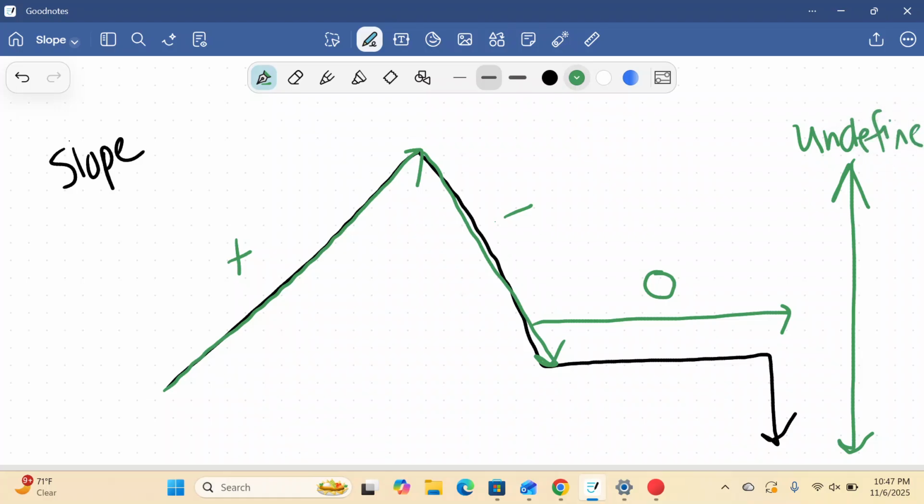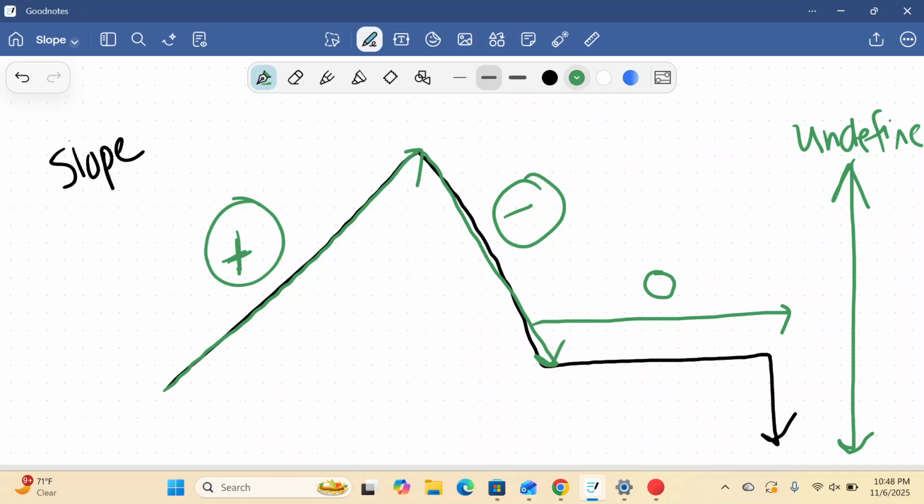So, review really quick on slope. When you're going up a mountain, this is going to be a positive slope. When you're going down a mountain, it's going to be a negative slope. When you have a flat surface like the floor, that's going to be zero slope because there is no slope whatsoever. And if you're going to the side of the mountain and you're falling, you're going to go straight down,